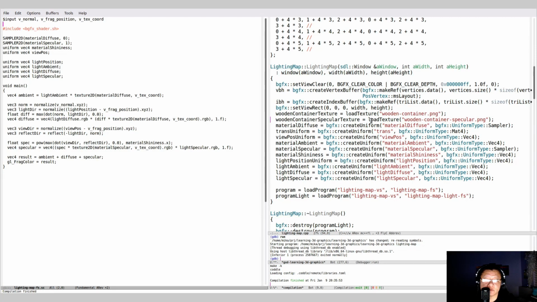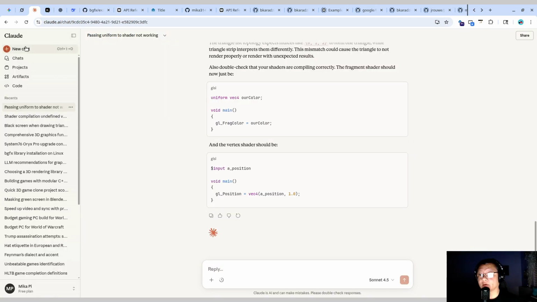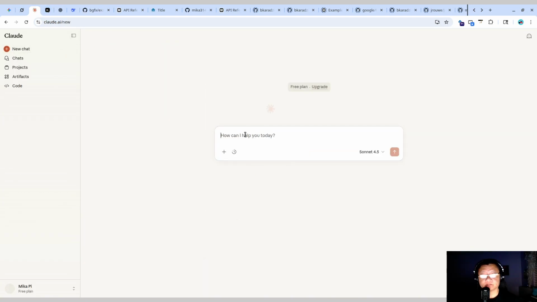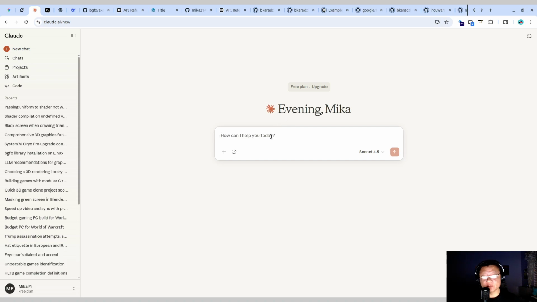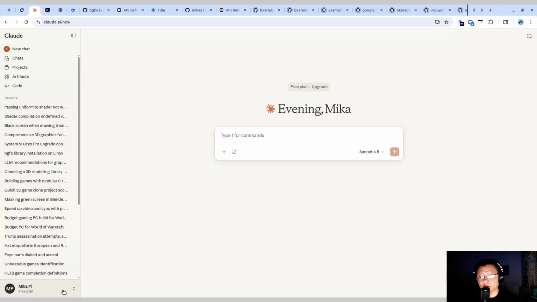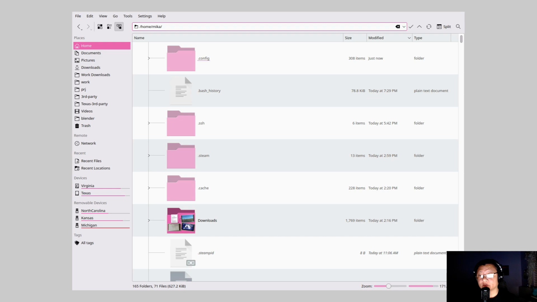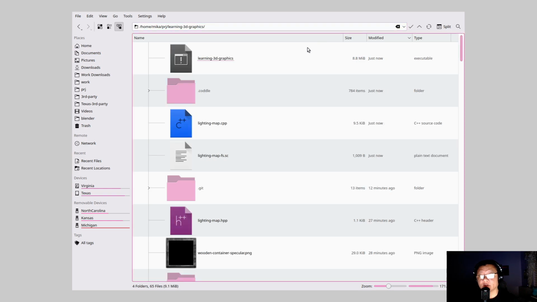So let's try maybe Claude to figure it out. Yeah, debugging again. Every time doing debugging. So project, learning 3D graphics. Let's